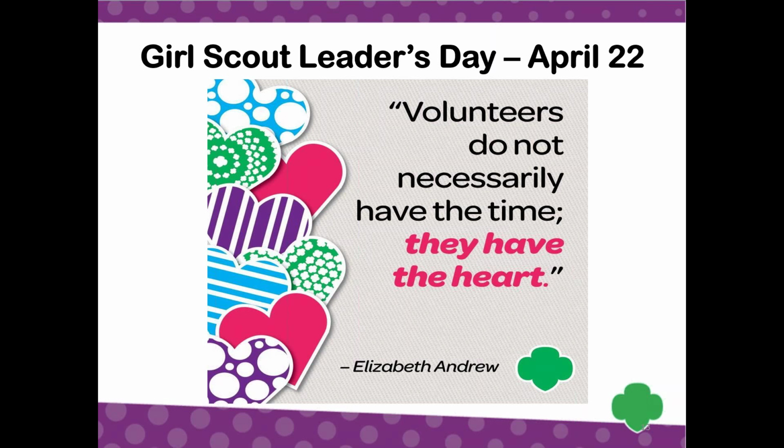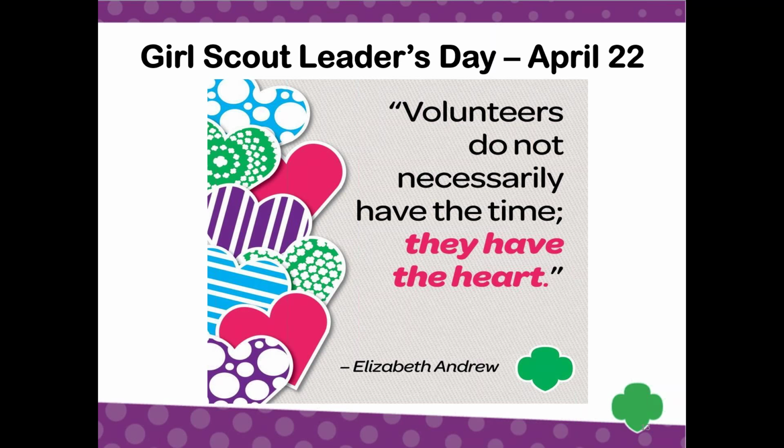If you would like, we are honoring our adult volunteers for their devotion to Girl Scouting at the Adult Volunteer Recognition Celebration, which will be Saturday, April 23rd from 11 to 2 at the Holiday Inn in Cleveland South. And there's pre-registration for that, which closes April 18th. Yeah, and so Amanda,